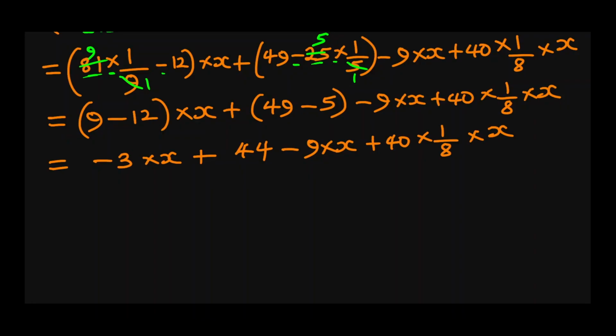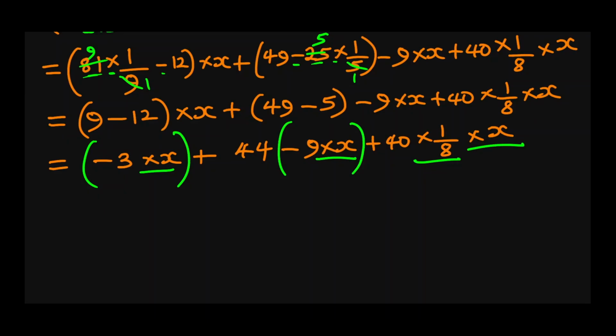We look at the expression again, and we see that the operators there are not siblings. We have minus, we have multiplication, we have plus, and so on. So again, order of operation tells us that multiplication will come before addition. So we have to identify all the ones with the multiplication. This times x, this times x here, this times 1 over 8, and this times x. So let us put brackets to make it easier for us. So we put brackets here to show that this is multiplying this. And then for this minus 9 times x, we also put brackets here.